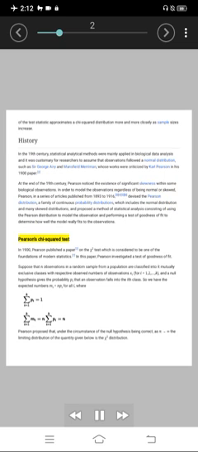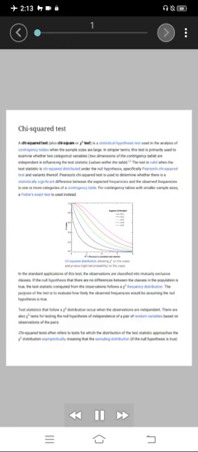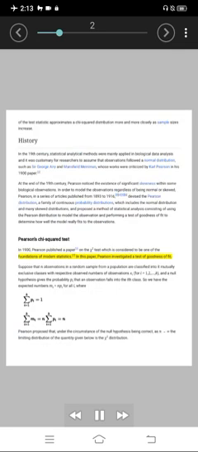Pearson's chi-squared test. In 1900, Pearson published a paper on the chi-2 test, which is considered to be one of the foundations of modern statistics. In this paper, Pearson investigated a test of goodness of fit. Suppose that n observations in a random sample from a population are classified into k mutually exclusive classes with respective observed numbers of observations xi, for i equals 1, 2, ..., k, and a null hypothesis gives the probability pi that an observation falls into the ith class. So we have the expected numbers mi equals n pi for all i, where